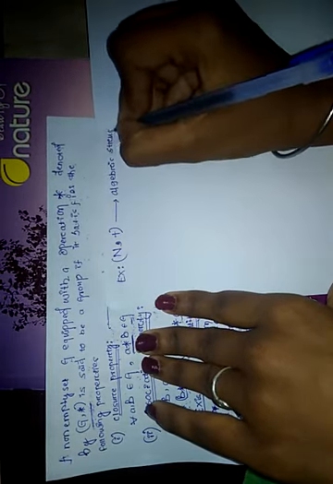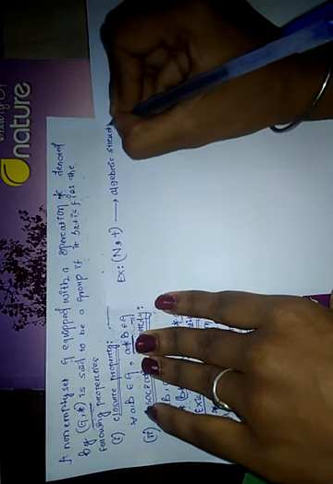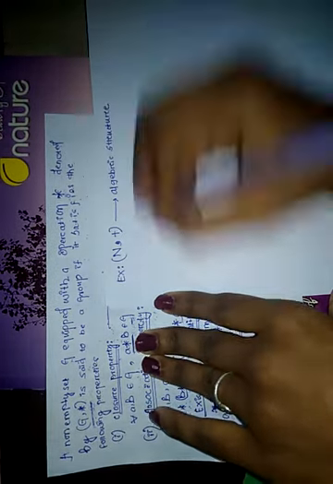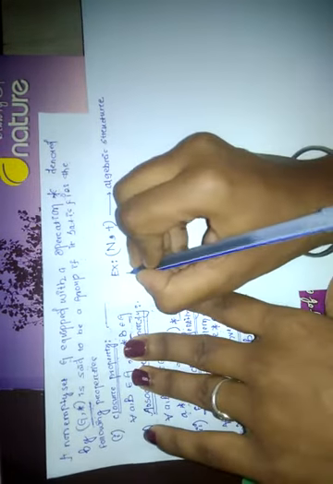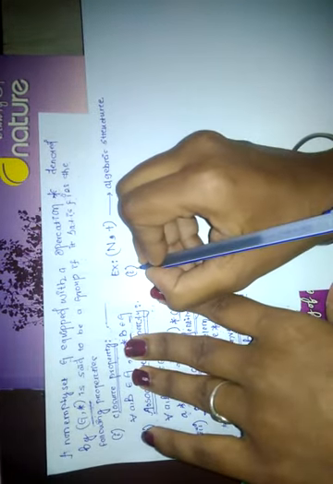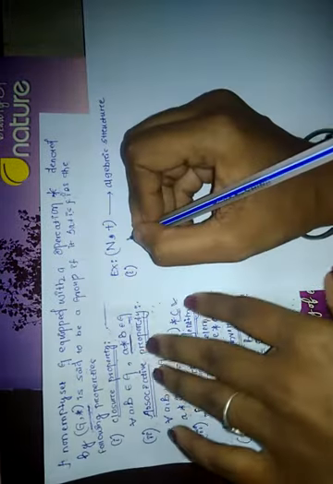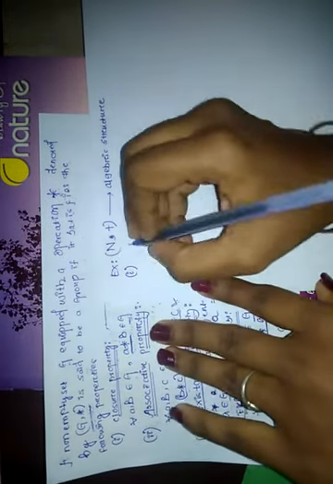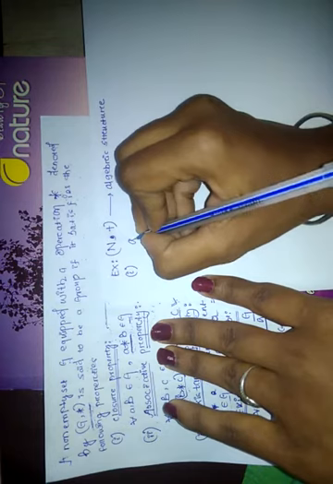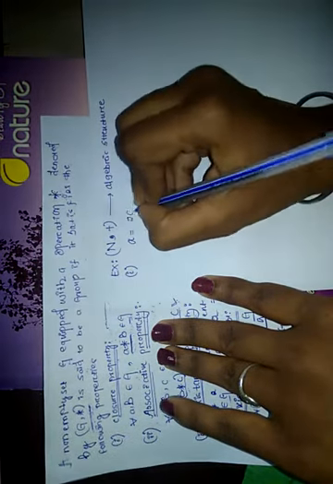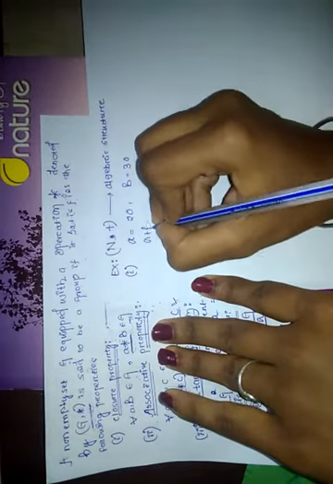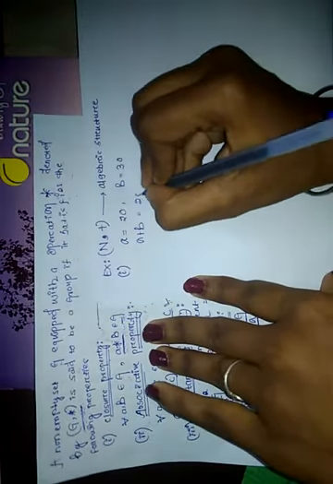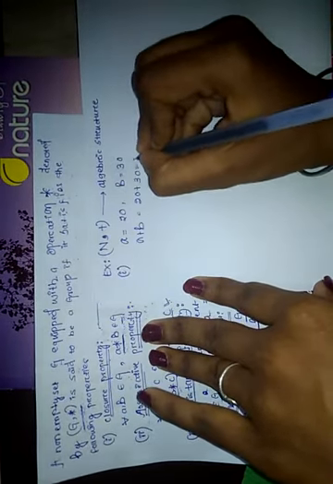So we need to verify whether this algebraic structure satisfies all properties, or at least one property. Okay. So the first one is the closure property. In the closure property, by definition, we have to take two elements in the set of natural numbers. Let's take two arbitrary elements, a equal to 20 and b equal to 30. So a plus b is equal to 20 plus 30, which is equal to 50.